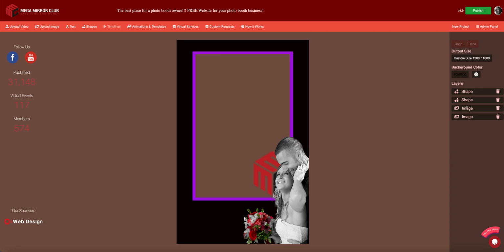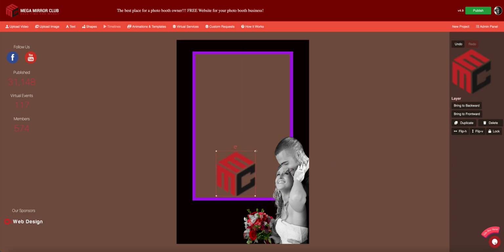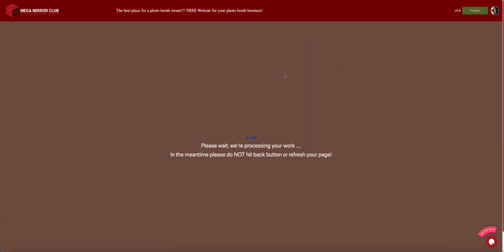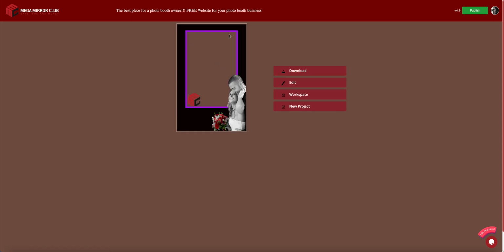Now my logo is here, and I would want, let's say, the logo to be on top of the shapes. So it is now on top of the shapes. Now it's in the transparent area. So if I publish that the way it is right now, this area is transparent, the logo is on top of the transparency and also on top of that layer as well. So if I would download that,